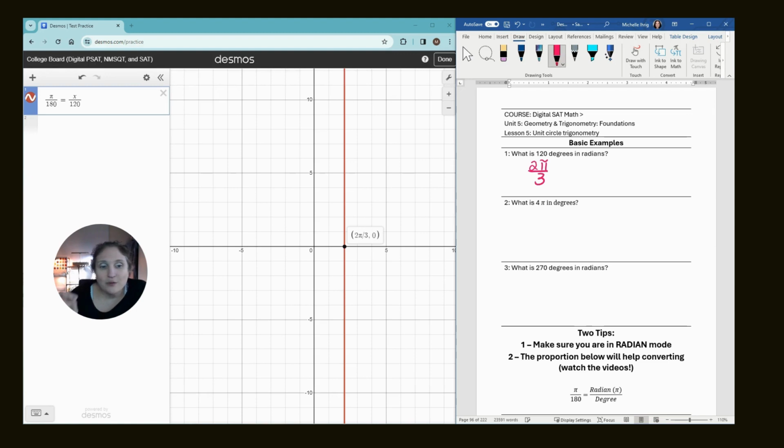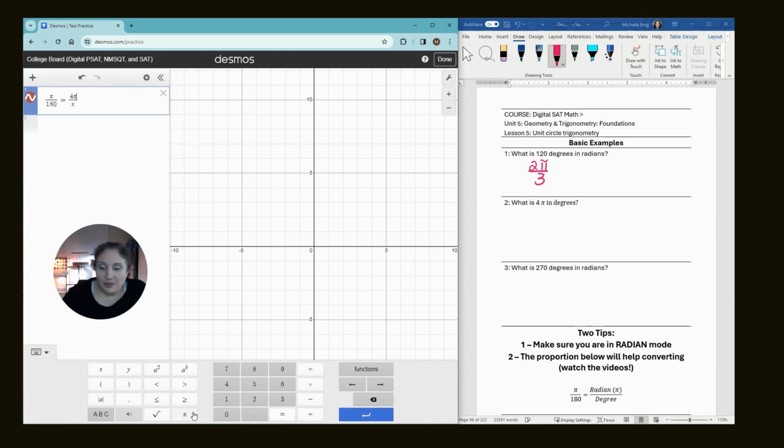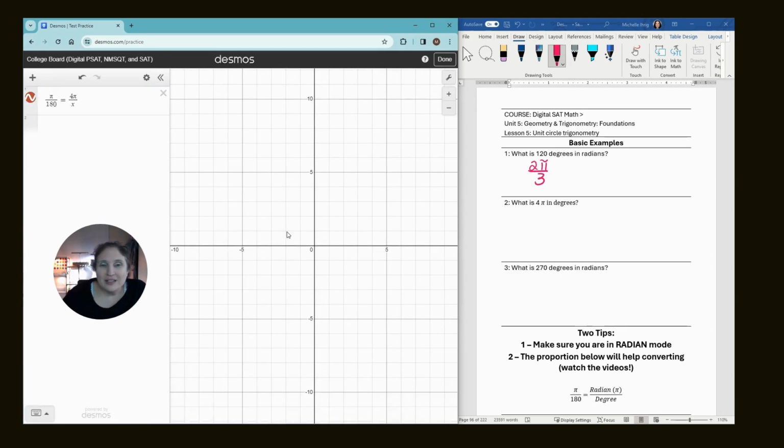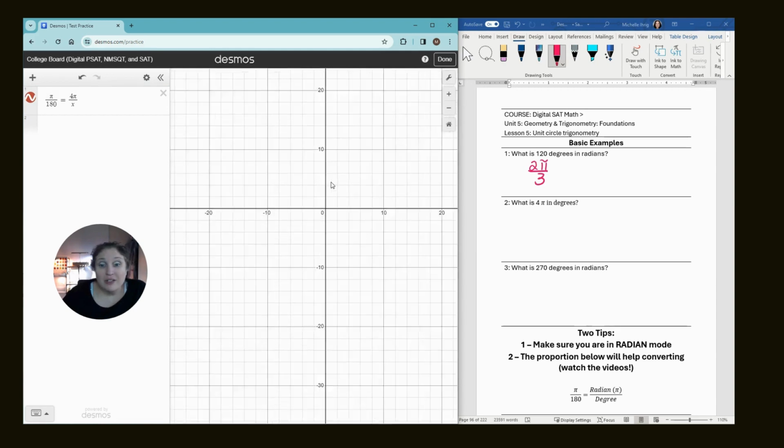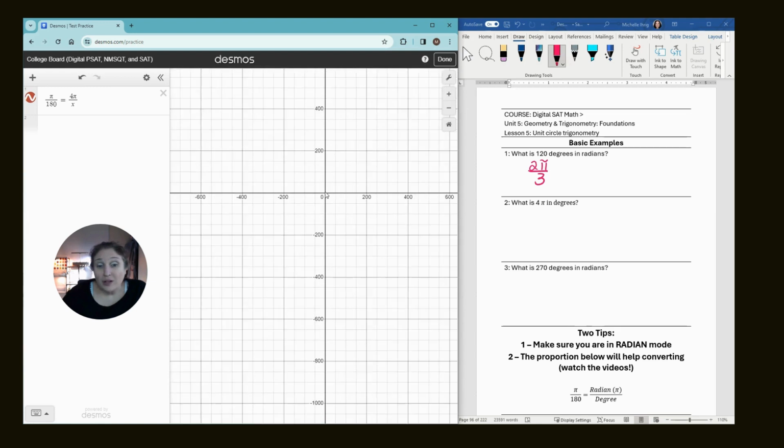All right, we're going to leave the same proportion. Now it says what is 4 pi, but we want the degrees. So I'm going to remove the 120. That's my x value. And I want 4 pi, which is what they gave me. So I'm going to type the number 4 and then type in the word pi, or you could have hit the pi symbol down here. Now you're looking at this and you're like, Doc, I don't see an answer. There is an answer. You just have to keep scrolling forever and ever. Or you can use the gear